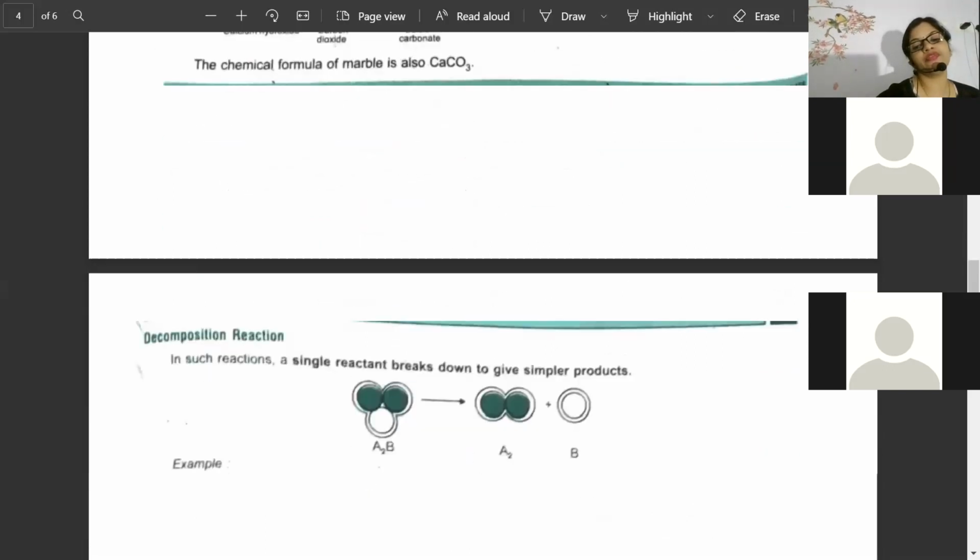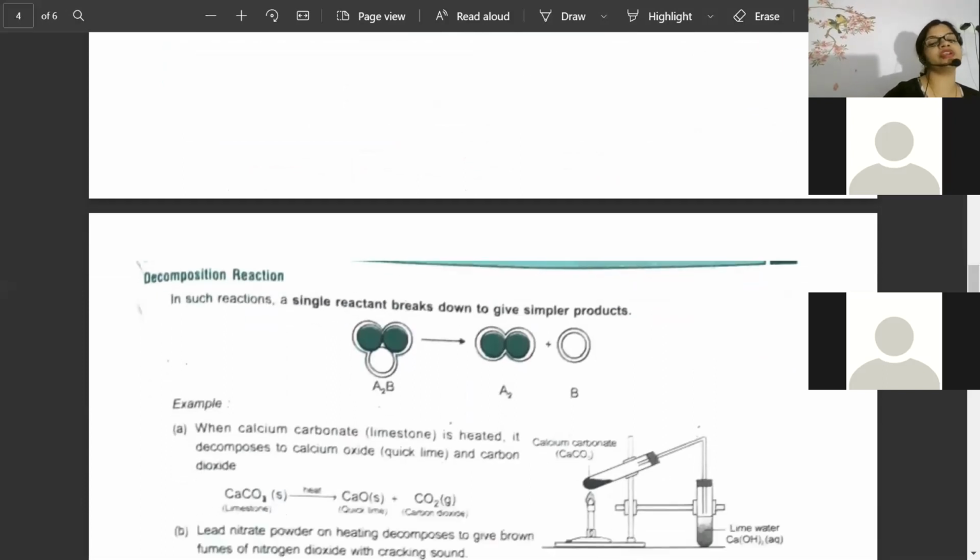After that, we will go to the next one, which is called decomposition reaction. What is the next one, beta? Decomposition reaction is that type of reaction where a very big bond will break and two or three bonds will be formed. Correct. A single reactant breaks down to give simpler products, like Al2O3, aluminium and oxygen gas will be released, and balanced as you said. Okay, very good. You have balanced also. Fantabulous piece of work. This boy has balanced the equation also.